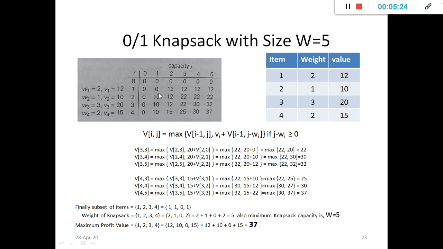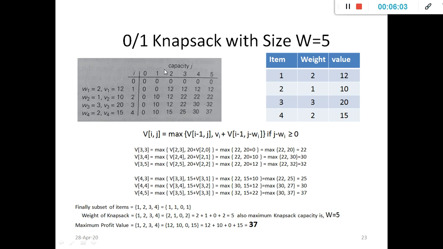Then to the third position, now say that you have inserted two objects or two items, item 1 and item 2. That's why you will get the profit as the addition of item 1 as well as item 2. That is, the profit value of item 1 is 12 plus 10, it is 22. Then at the third position you can insert the value 22. That is the addition of the profit values of the previous two items, item 1 and item 2, that is 22. Right now two items are inserted into the knapsack. That's why you will get the maximum profit as 22, 22 and 22. This is how you can generate this table.